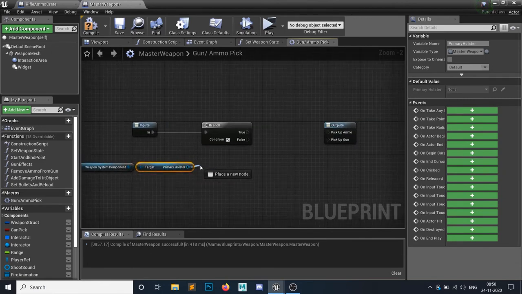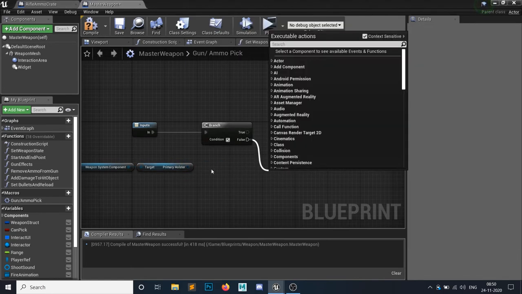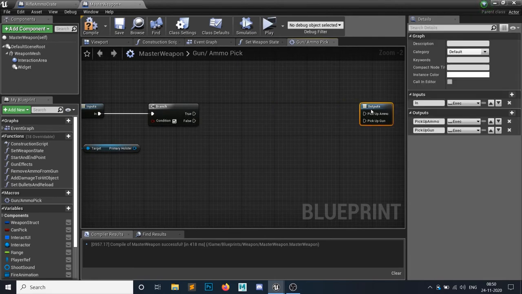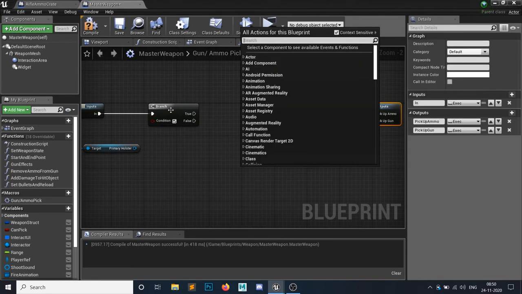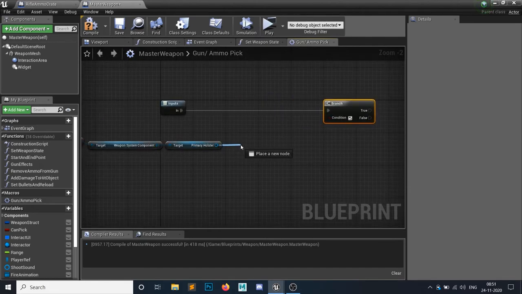So if this gun is valid, then we want to pick up. If it fails, then we want to check the same thing for the secondary, the same thing for the pistol, because the melee weapon doesn't have any ammo. So for that, we will convert it to validated get.